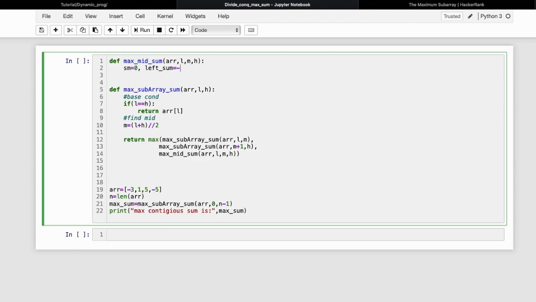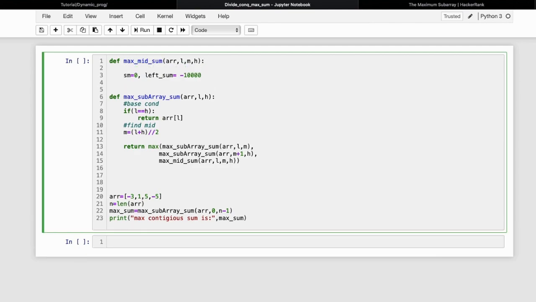Suppose I am taking minus 1000. You can take the minimum value. I am just taking here minus 1000.